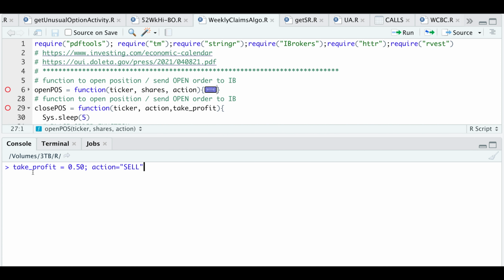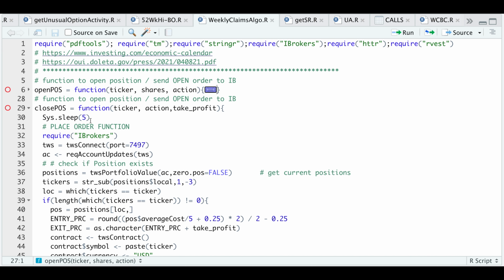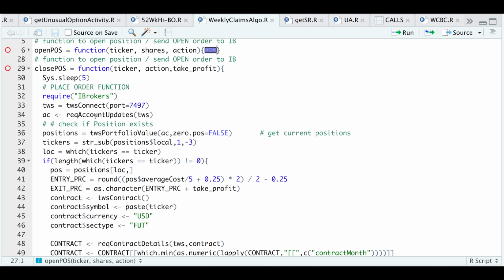But for this example, I'm just going to take profit at 0.5 point, and my action, since we bought, I'm going to sell now, and the ticker just remains the same. You will notice this system sleep. This is because since I will just run through these functions, what I noticed was that when I open the position and it was a market order, it takes a couple of seconds for the position to post on my account, and then I will be able to close it. Otherwise, it won't find the position, so we'll set the system to sleep for 5 seconds,